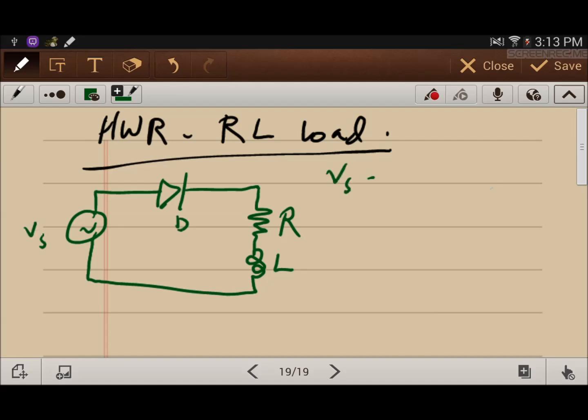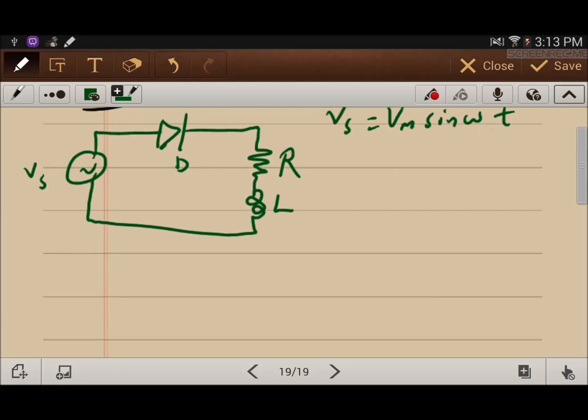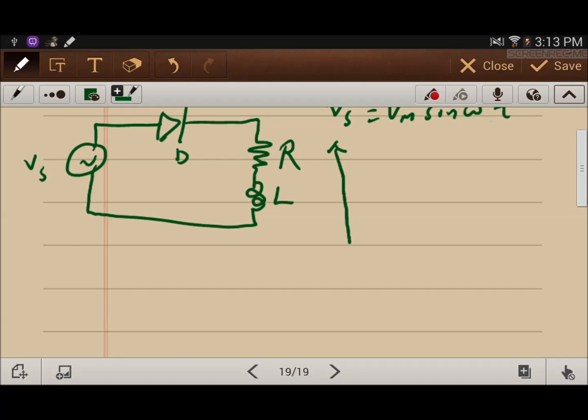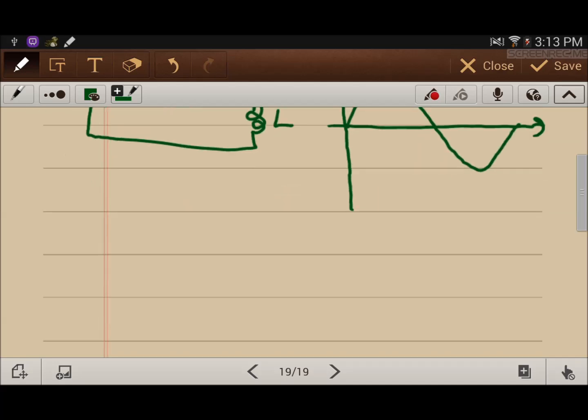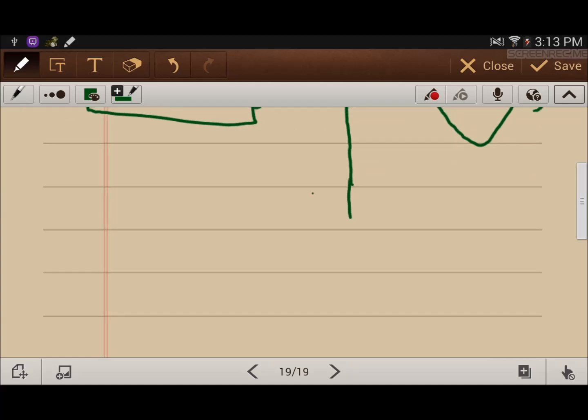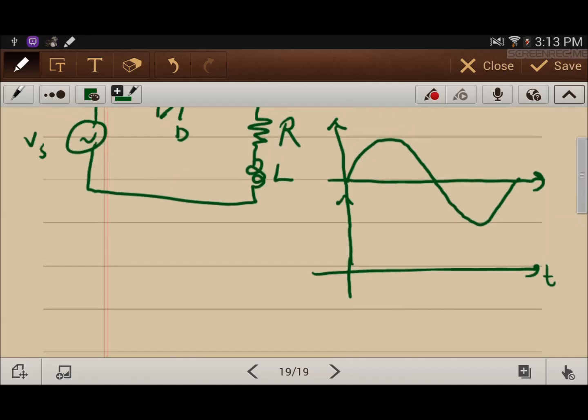As we know, the voltage of the source is expressed by this function V maximum sine omega t, and the input-output waveform relationship is shown in this graph. This is the input sinusoidal function. The output in an RL load as a function of time. This will be the voltage. It's a half wave. The negative half cycle is eliminated on the load side,